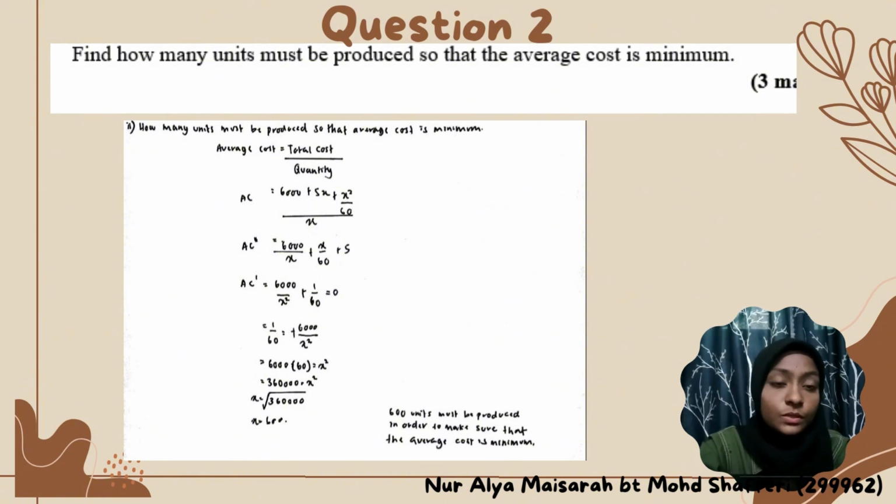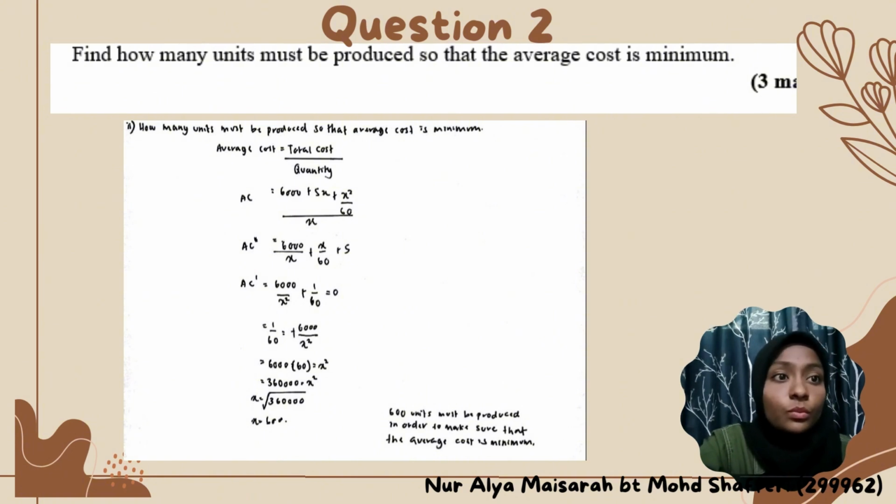So to find the average cost, we need to divide the total cost by the quantity. So from the total cost function that we got just now, which is 6,000 plus 5x plus x squared over 60, we need to divide by x, which is the unknown quantity. So for the AC prime, we get negative 6,000 over x squared plus 1 over 60. So we can rephrase the equation as 6,000 over x squared plus 1 over 60